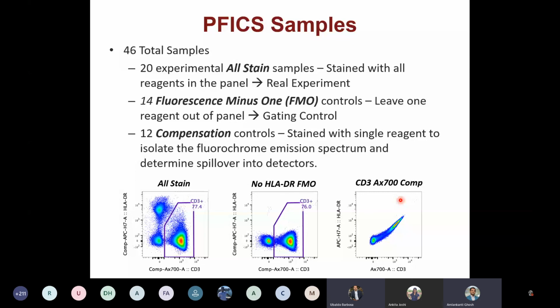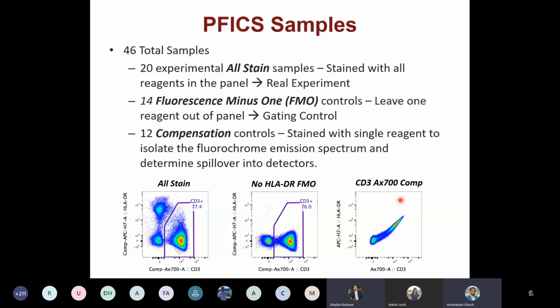Okay, and we want to negate that effect. If your compensation and settings are all done well, ideally those fluorochromes should not interfere into this channel, which is negative, and this is what we got to see with that. Okay, so it plays a very important role in a multicolor experiment,